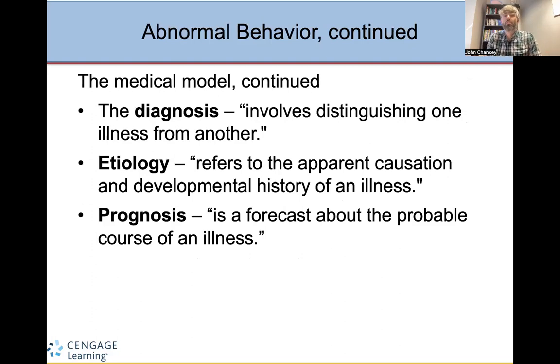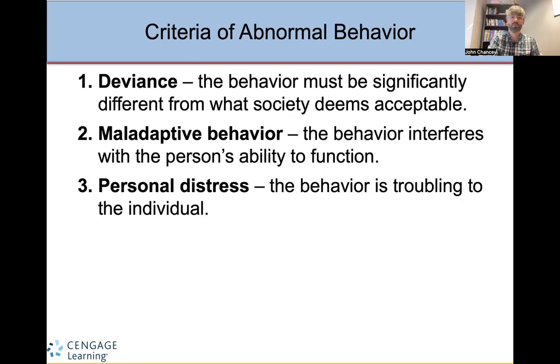Within this medical model, it's important to have some table setting terms that you're aware of. The diagnosis is distinguishing one illness from another. So, for example, distinguishing between anxiety and depression, or depression and bipolar disorder. The etiology refers to the causation or developmental history of the illness, like what sort of biopsychosocial causes might be involved. The prognosis is the forecast of how we project the illness to progress. If they're seeking treatment, hopefully we're seeing the cessation of suffering, a good prognosis, but if they're not seeking treatment or not sticking with their treatment, we might predict otherwise.